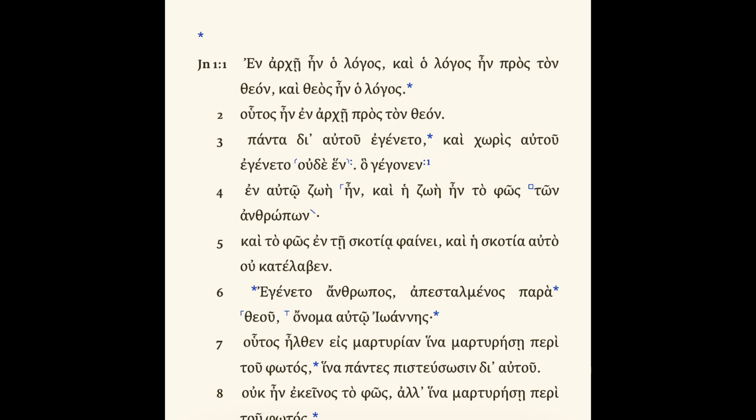Definite articles look like this in the text here. Ton is a definite article there in the second verse. Or like ho, here in front of logos, is also a definite article, and here another ho that we see in the text itself.